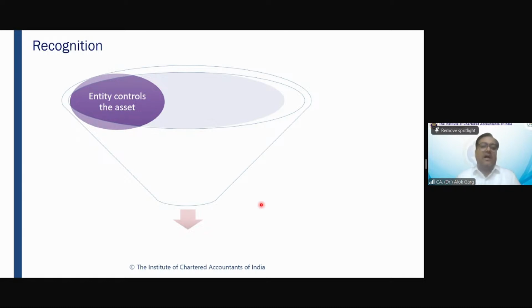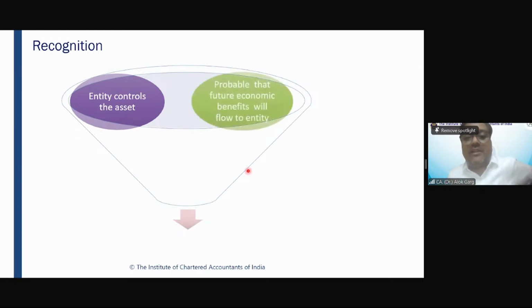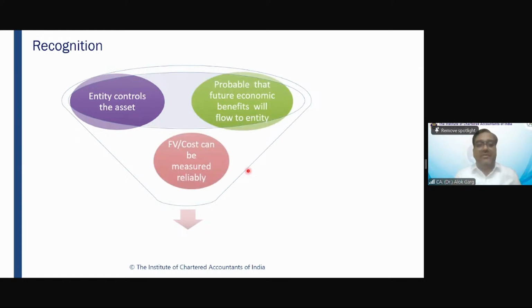Otherwise, how will you measure? How will you recognize that item in the books of accounts, right? So two things are very important. Number one, future economic benefit should be probable, and number two, cost can be measured reliably. If I talk about biological asset or agriculture produce recognition, at every point of time this cost cannot be measured reliably. For example, if a cow has given birth to a calf, there is a production or generation of another biological asset. It has to be recognized, it has to be measured.